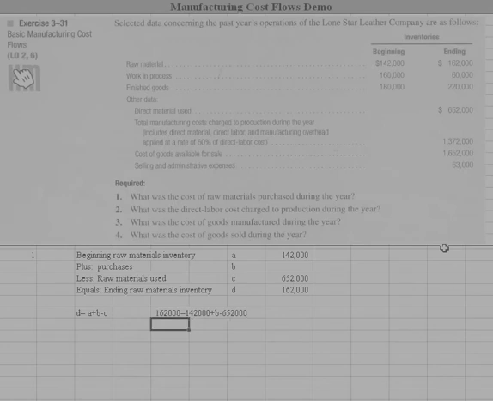And then we just rearrange the terms. So 142,000 would be equal to 652,000 minus 162,000 plus B. Once we have that, we can just solve for B, and B is going to be equal to